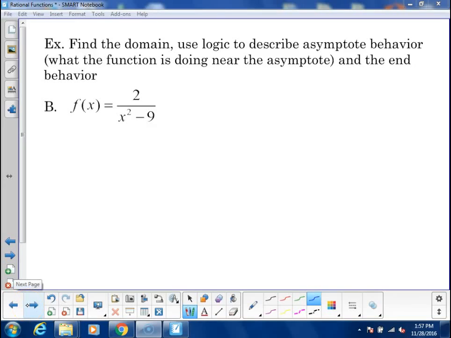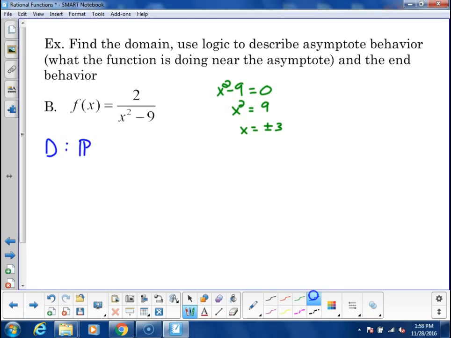All right, so here is the homework problem that I gave you for tonight. The first thing that you have to do is look at x squared minus 9 and set that equal to 0. Well, that's going to give you x squared equals 9, so x is going to be positive or negative 3. So the domain of this function is all real numbers with the exception x cannot equal positive or negative 3, which means that I have two vertical asymptotes at x equals 3